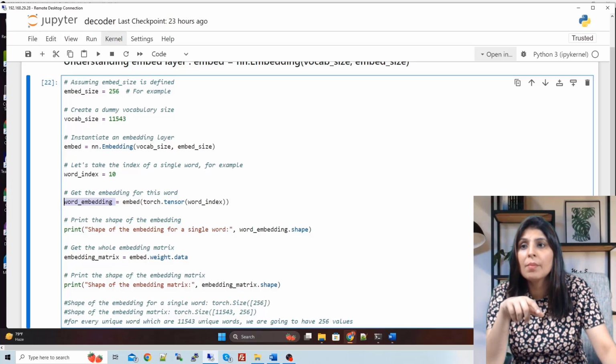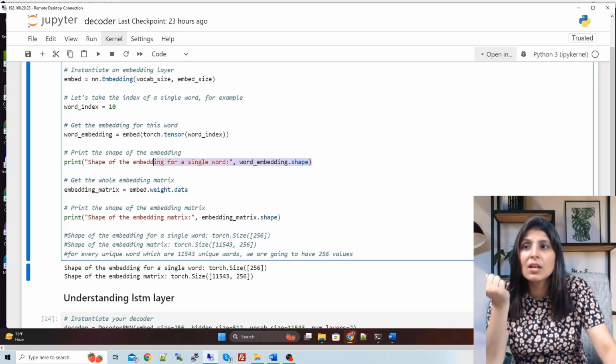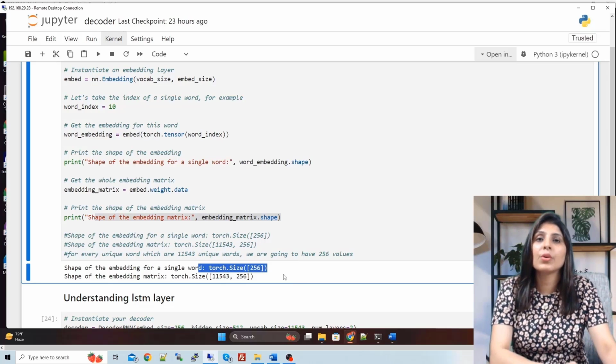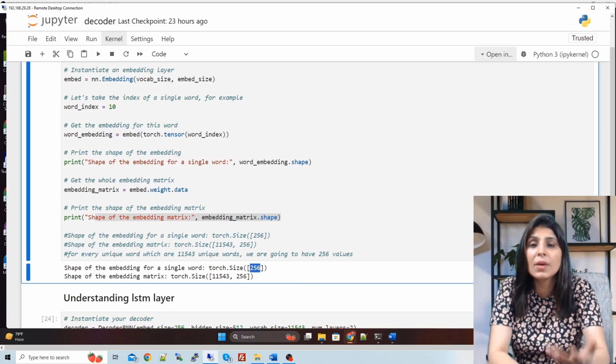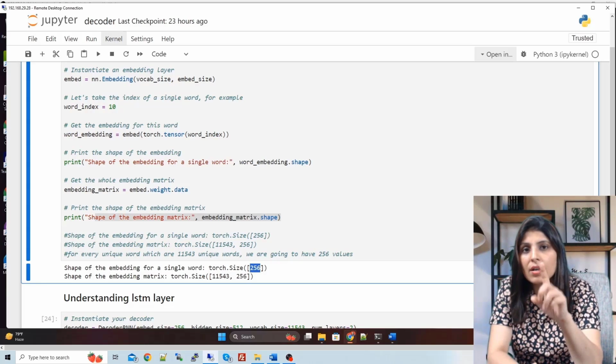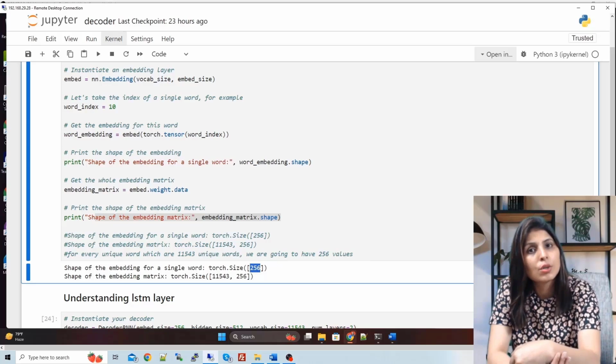And then for this word embedding, we are using this embed layer over here. First I'm showing you the shape for a single word, and over here I'm showing you the embedding matrix for our whole training data set. For a single word, this will be the output: 256, because there will be one embedding vector, and the size of that embedding vector would be 256.